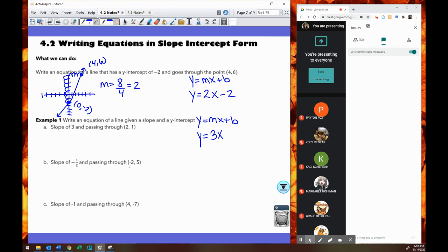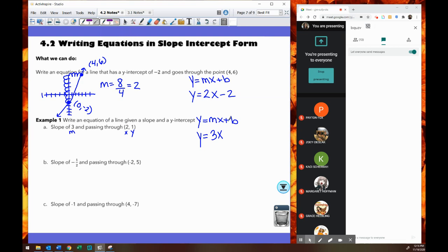We can take all of this information and substitute it into our equation so we can solve for what we don't know. Your slope is m. Here's your coordinate. 2 is your x value. 1 is your y value. I'm going to change the color so that it doesn't get all mixed up. So if we take all of that information,